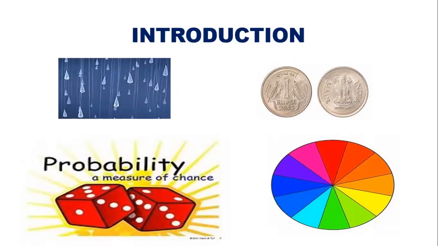Now see, in this our probability is uncertain, actually we don't know. It depends on time, it depends on season, it depends on the place. Okay. Now if you are tossing a coin, then head and tail have equal probabilities. This has 50% probability and this also has 50% probability. So it is equally probable that you get a head or you get a tail. When you roll a die, what is the probability of getting 7 on the die? 7 doesn't exist on a die, so it is impossible to get a 7 on the die. Things like this we are going to do in this chapter.